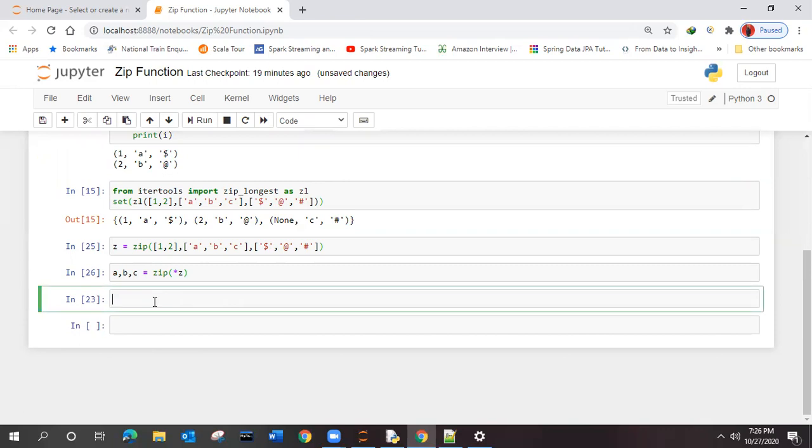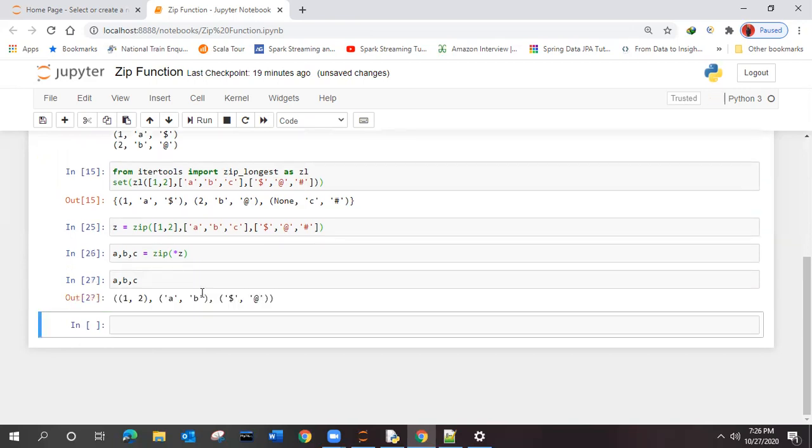For every unzip operation, it has to print something. Now if you wish to execute this ABC directly or inside the print, you can see what you are getting. If this is the syntax, 1, 2, A, B, C, but here 3 and here only 2.